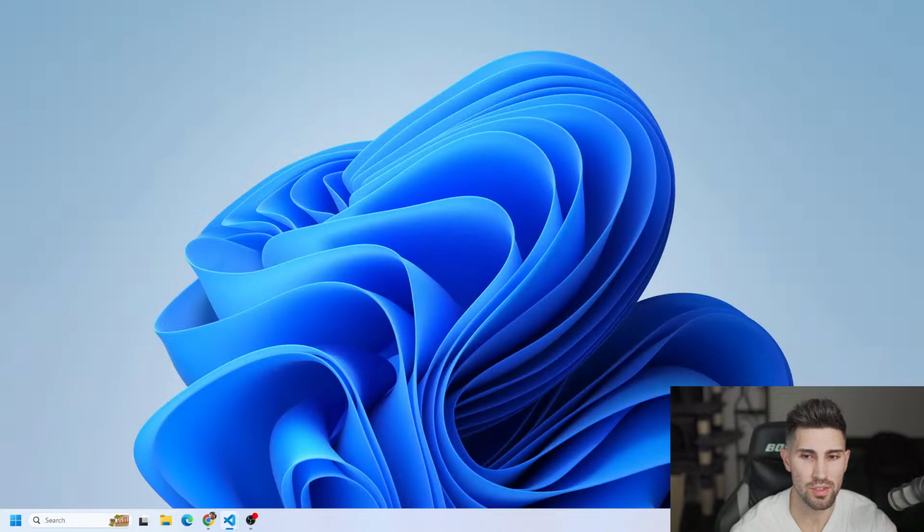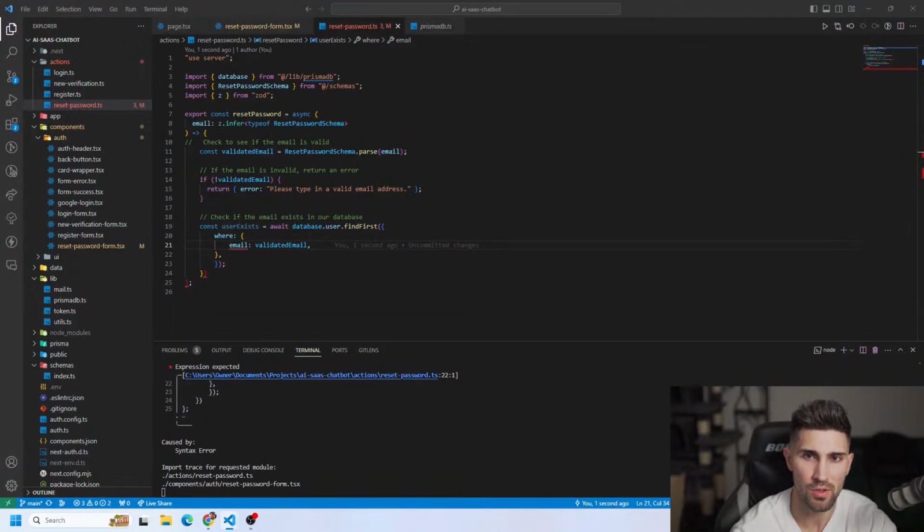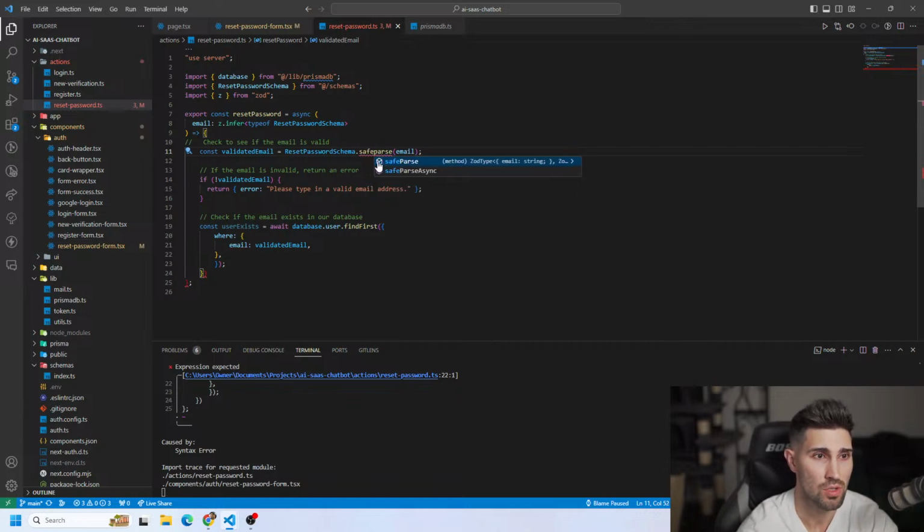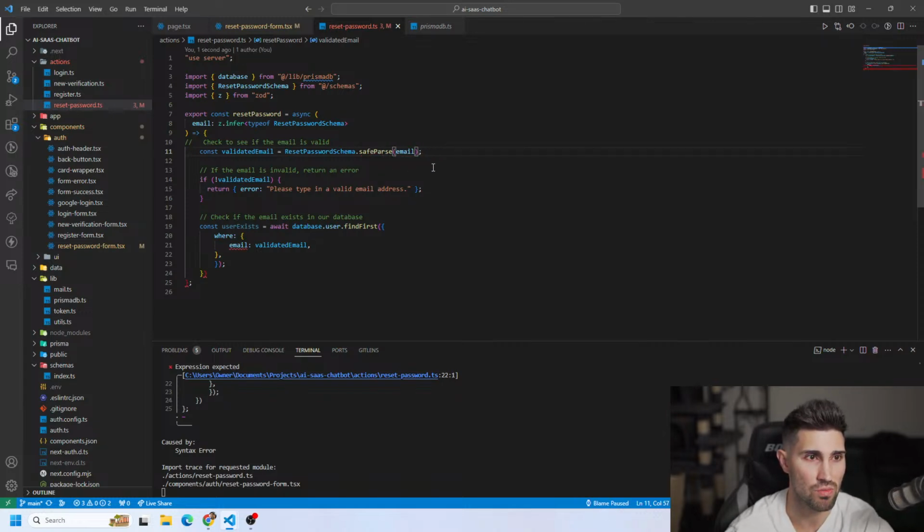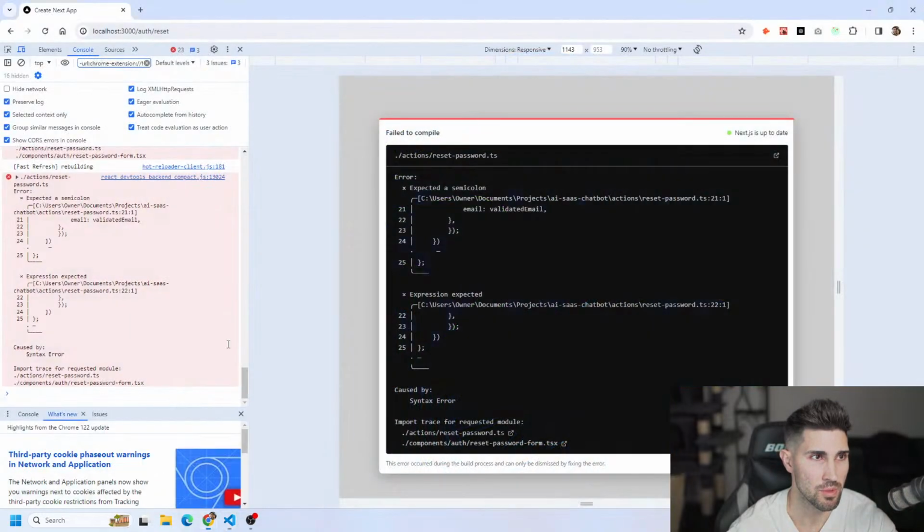So we got an error. Let's see if I could figure it out on my other code here. Why not use safeParse? I could use safeParse. SafeParse gives you a return value of true or false, and it also gives you back the data. And then parse just gives you the information. So what we could do here is